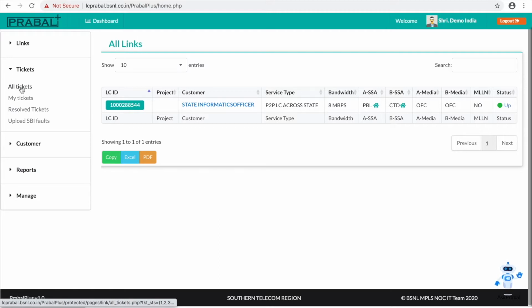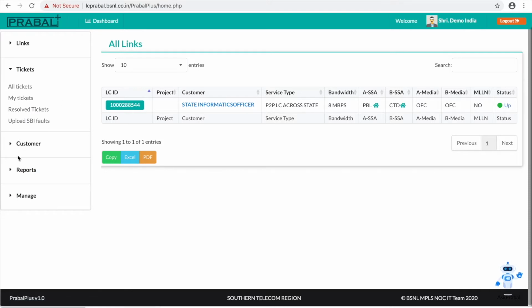Suppose I am an exchange user and a fault is assigned to me, then if I click my tickets, all the faults assigned to me will come under my tickets. Then resolved tickets are all the tickets resolved under my scope.